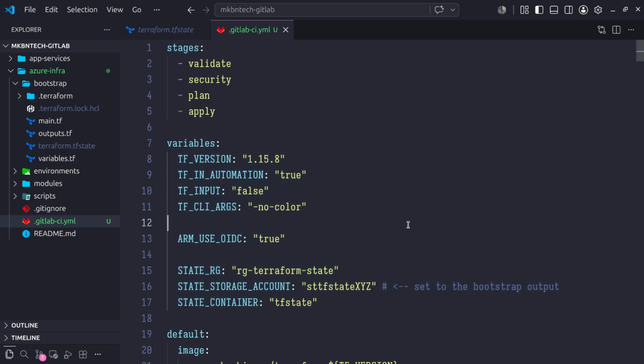Instead, we are setting ARM_USE_OIDC to true. This pipeline uses workload identity federation. When a job runs, GitLab issues a short-lived ID token. Azure AD trusts this token and exchanges it for temporary access. No secrets are stored in GitLab, meaning if your repository is ever compromised, there are no hard-coded keys for an